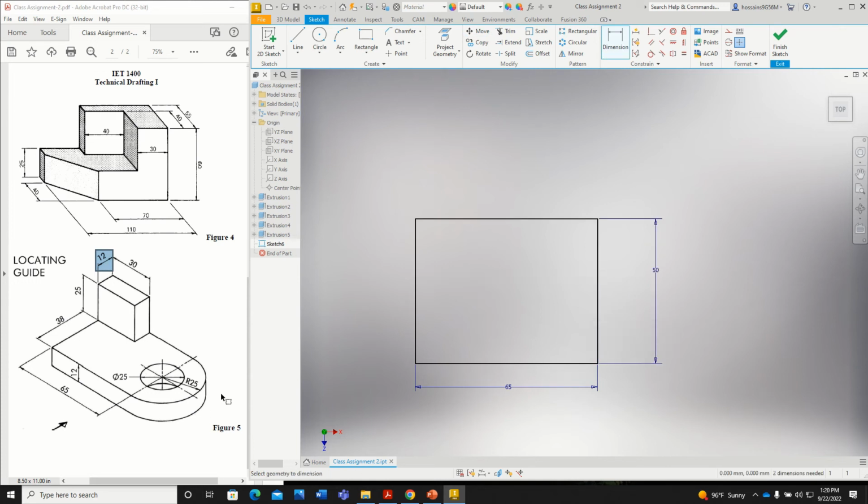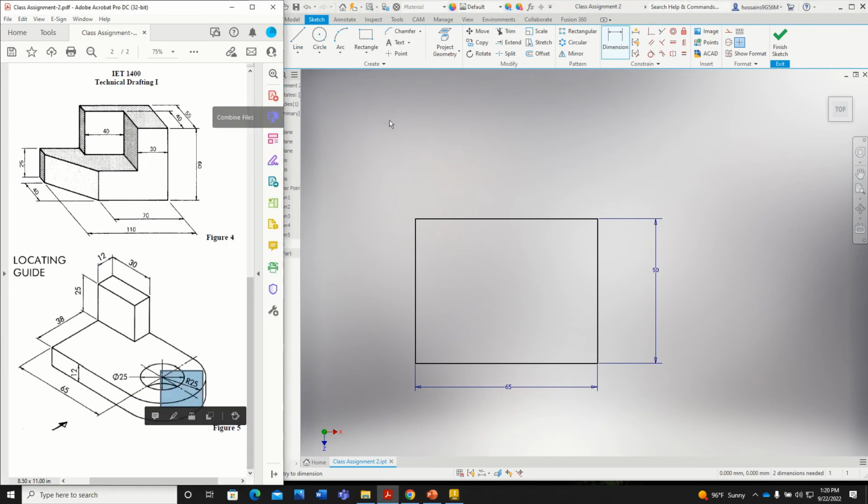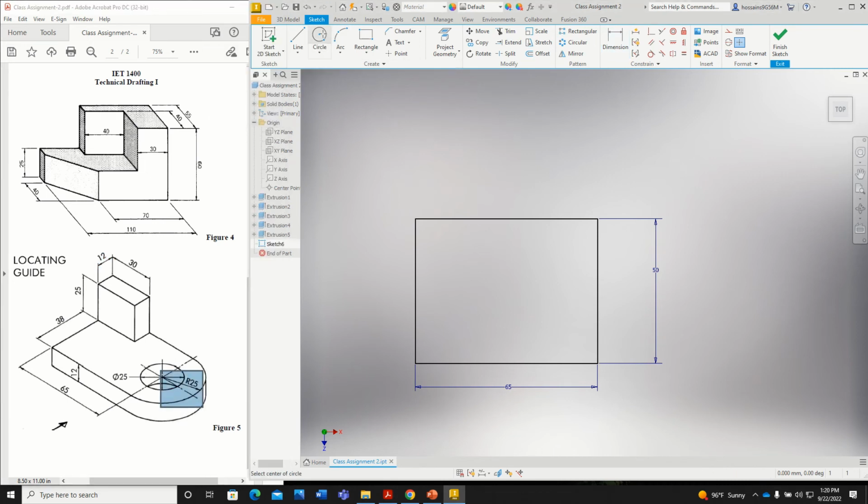Okay, now you need to draw a half circle for this portion. I can use a full circle and move your mouse to the middle of this line. You will see a green dot, click there and move your mouse to the other end of this line, and you'll see another green dot. Click there and you can trim it. Use the trim to trim it. Okay, and escape from the trim,